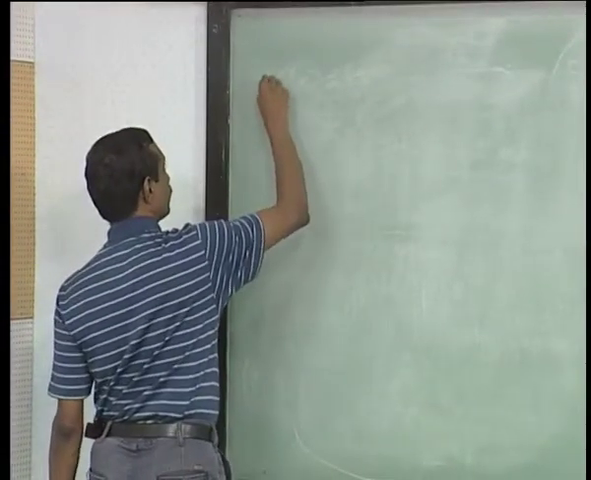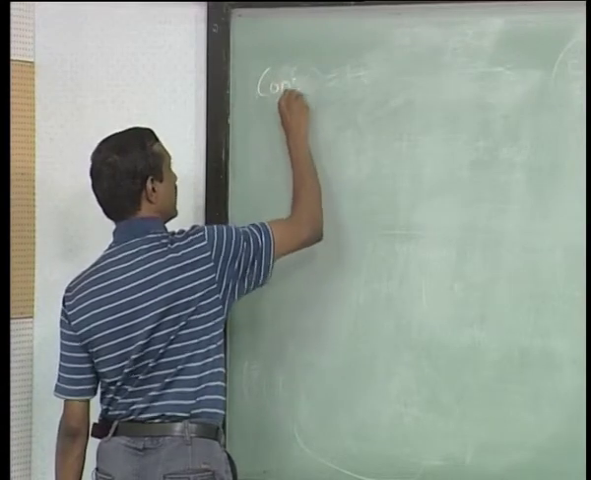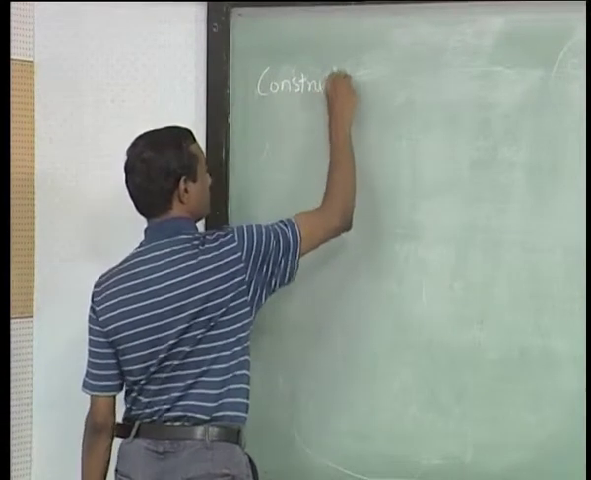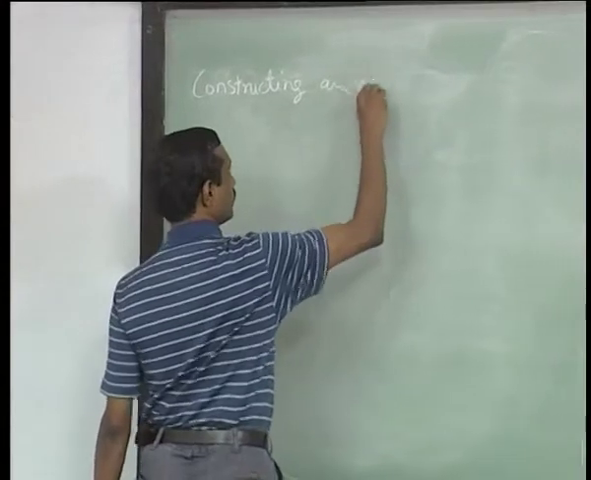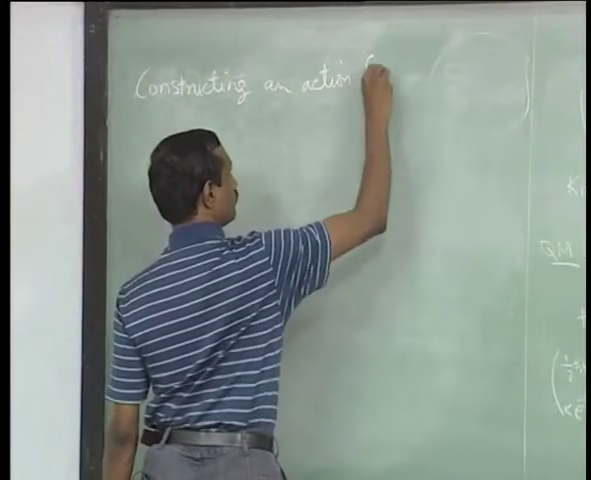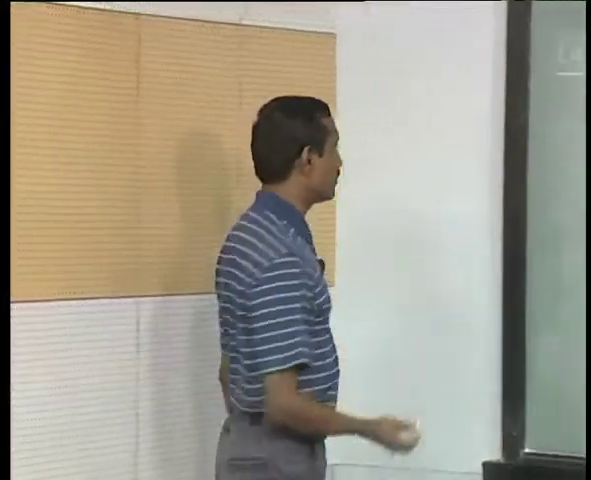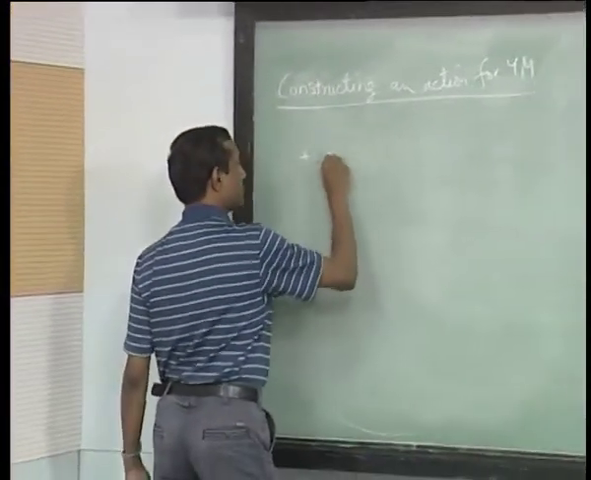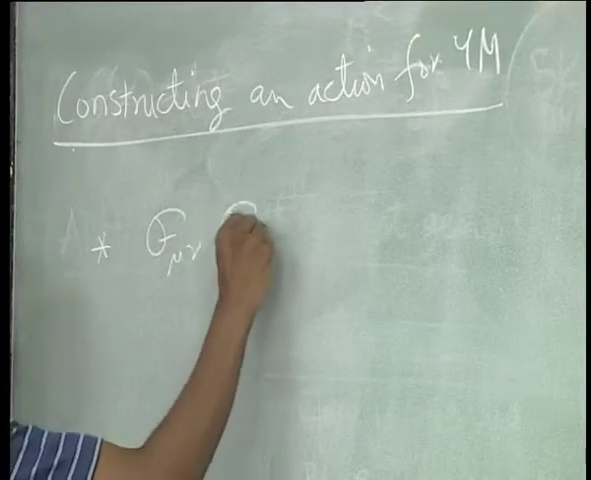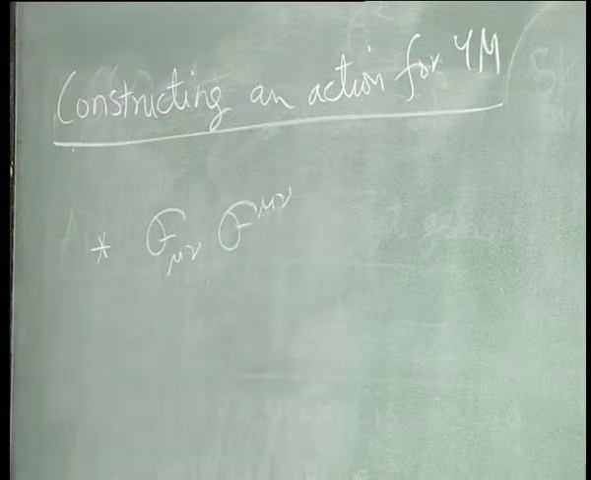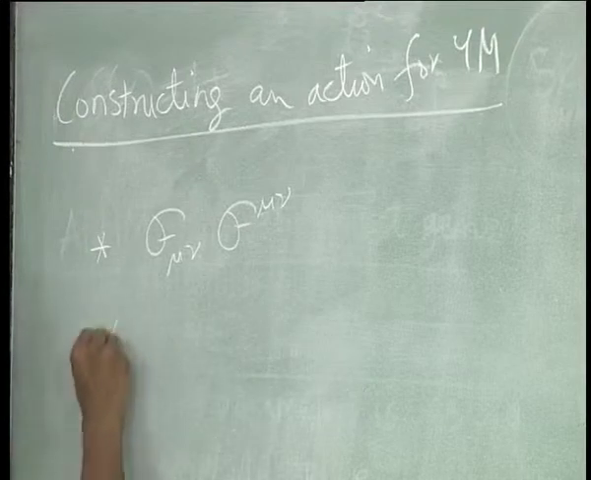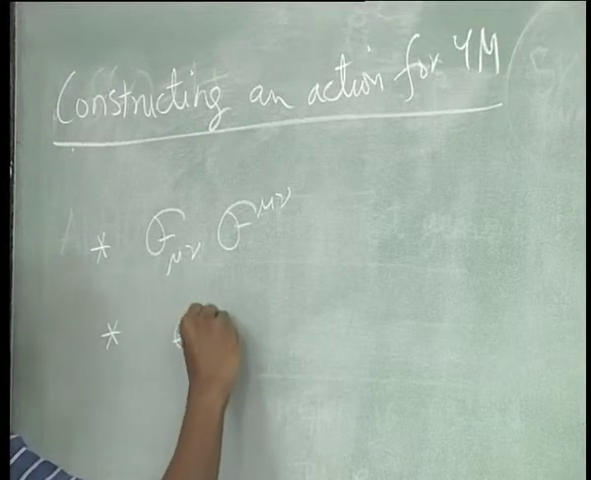so if you were looking for constructing an action for Yang-Mills, in your assignment I asked you to write out the most general 2 derivative terms involving the gauge field. So the key point is that there are exactly 2 kinds of terms. One is our normal term which we had written, but we could have written something like this,